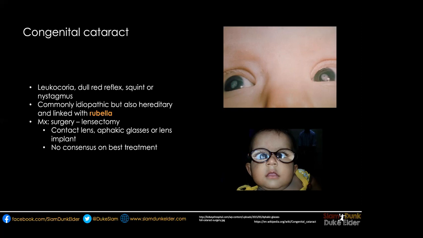So the treatment of this is obviously if they've got a very debilitating cataract, you want to do a lensectomy and remove the lens. But it's the same problem as with the prisms, it's not as easy as with a fully developed eye and just replacing the lens, because if a child is still developing, still growing, it's very difficult to put in a lens which is going to be suitable long term for a child. So